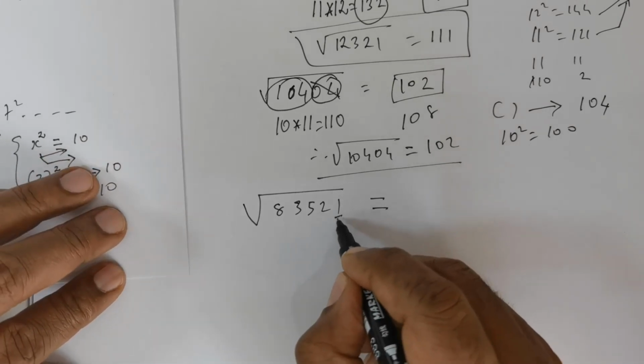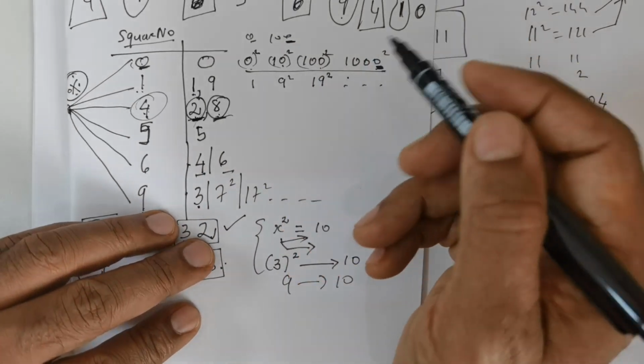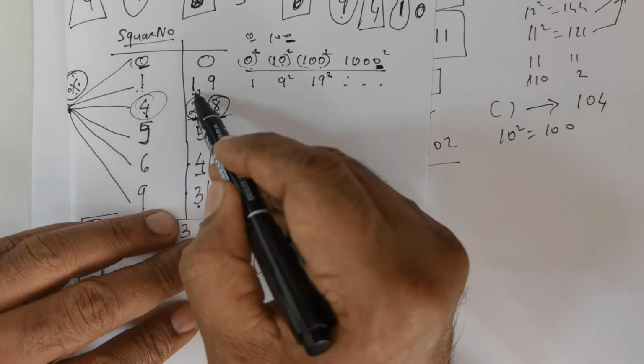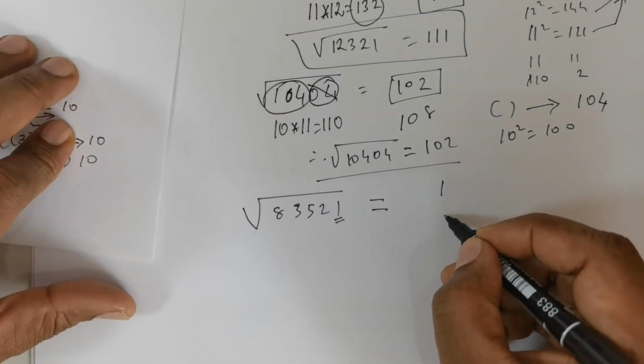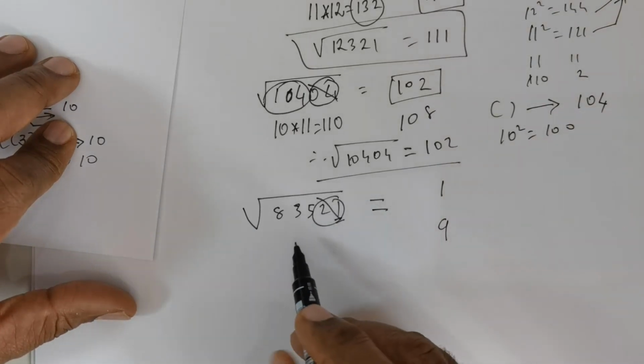When would I get this 1? What produces 1? Clearly, now as you practice, automatically it will come to you by second nature. 1 is produced when you square 1 or when you square 9. So it's going to be 1 or it's going to be 9. So circle this off and you cancel this. Now you have